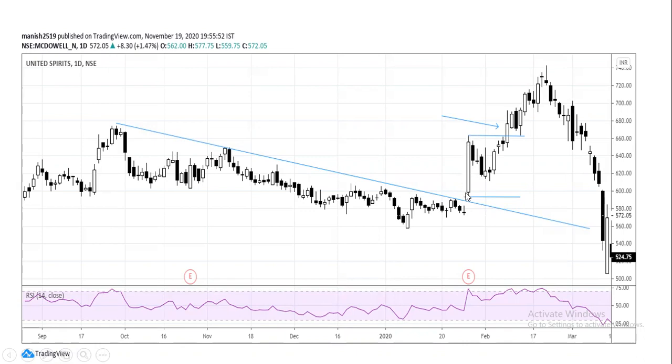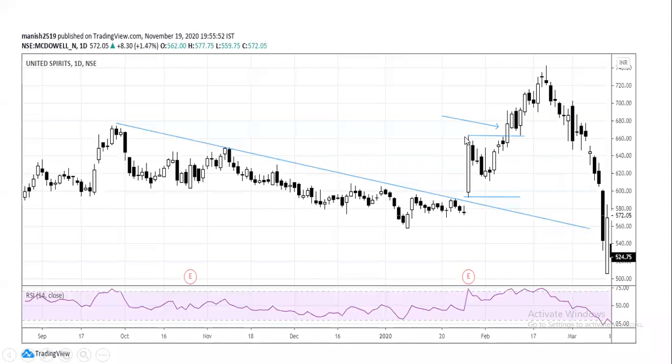You can cross check this fact. On this day McDowell opened at 600. It made a high above 660 and finally it closed nearby 660. So this move was from 600 to 660. This is exact 10% move. Now 10% in one trading session is overextended. Therefore, very high chances we won't get any follow-up after this big move. And see what happened. Price was just moving inside this breakout candle.